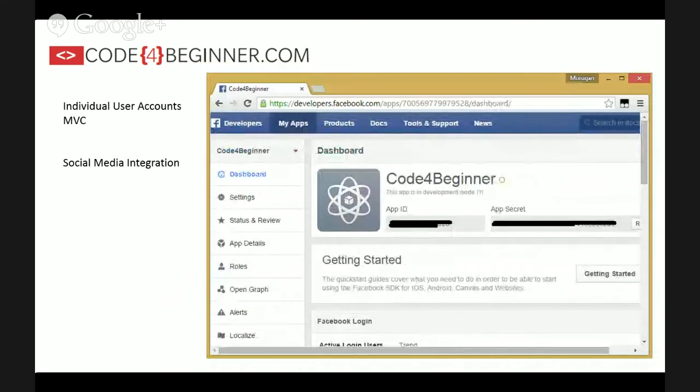All right. Now, how do you integrate your Facebook login, that is social media, into your login? That means you let authentication be handled by Facebook, Twitter, etc. Right now, I'll demo Facebook. Go to developers.facebook.com, where I have already added my application. I click on dashboard, click on codeforbeginner.com, and select the app